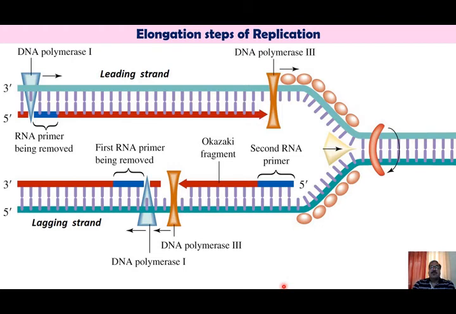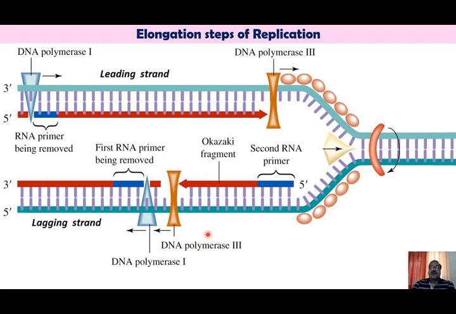Now we shall talk about the lagging strand synthesis. The opposite template. Here we call this a lagging strand because the synthesis of the new DNA has to wait for some time till some number of nucleotides are freed, and then a primer is formed, and then the DNA polymerase III enzyme, based upon complementary pairing, will start synthesizing the new strand of DNA from 5' to 3' direction. So each time there is a pause in the replication process,